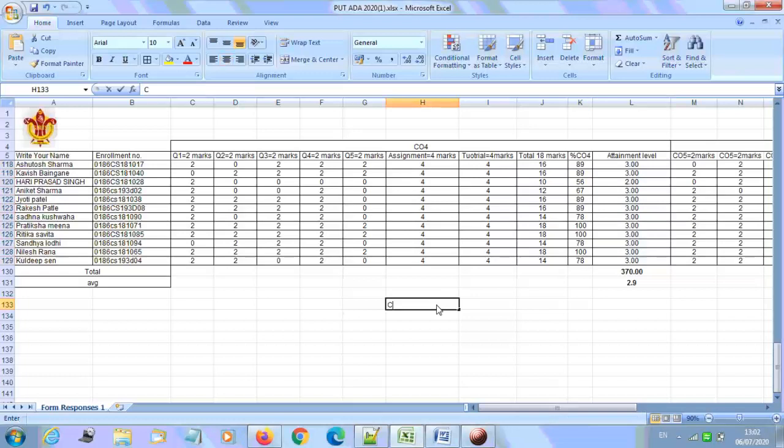See how we are going to write this. We have CO1, CO2, CO3, CO4, CO5, and for CO4 we have 2.98. This is the attainment level of CO4. Similarly, we'll have to calculate the attainment level for CO1, CO2, CO3, CO4, CO5. Sorry, CO6 is not there. We have 5 units and each outcome belongs to each unit, so we have CO1 to CO5. I have calculated for CO4, and similarly you can calculate for the others.